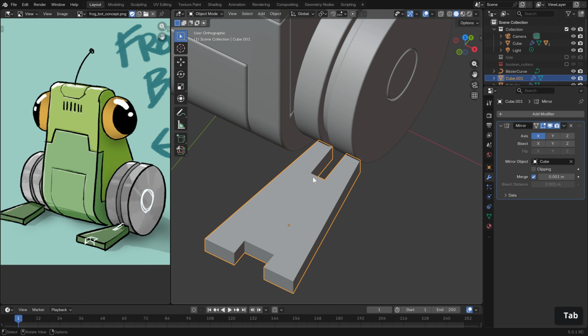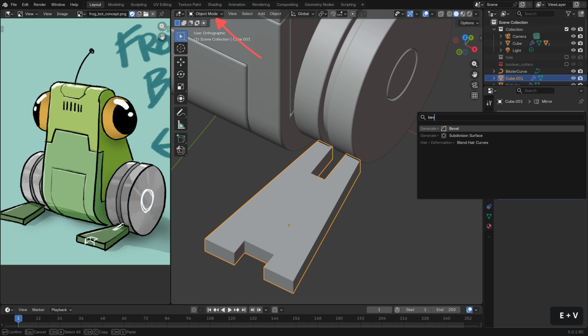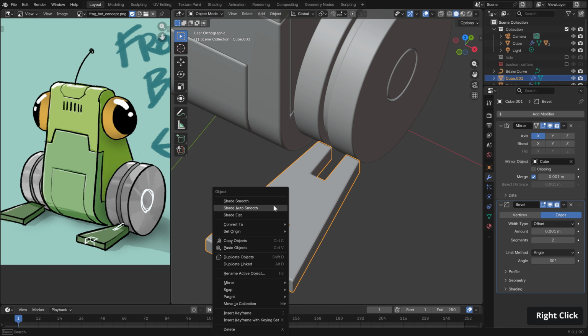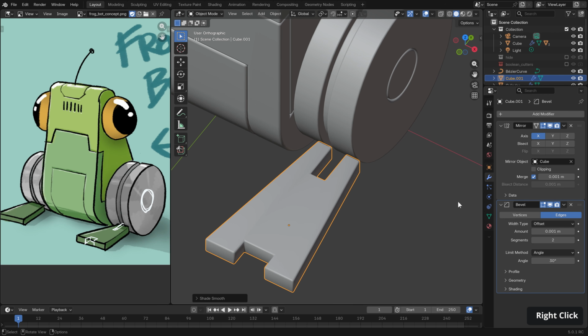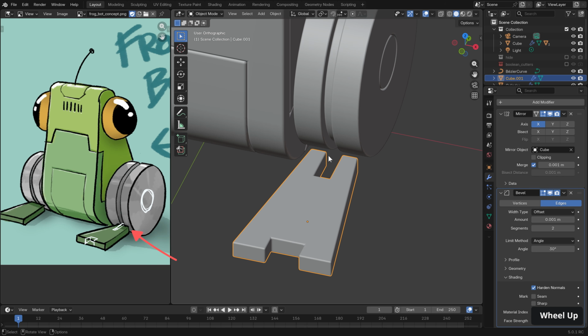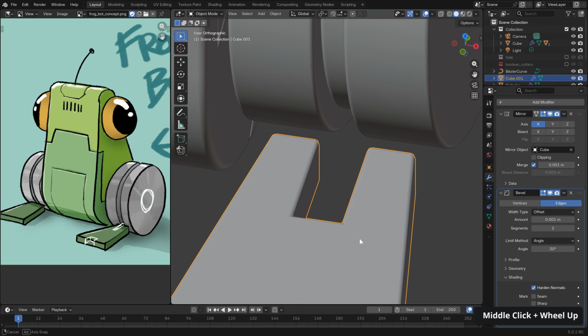So let's check that now by going into object mode, add modifier, search for bevel. That looks pretty good. Let's add one more segment and reduce the amount down to 1 millimeter. Right click, shade smooth, and under the shading option of the modifier, make sure to harden the normals. Excellent, looks pretty good, but we need to have that connected element, so let's create that now from our foot